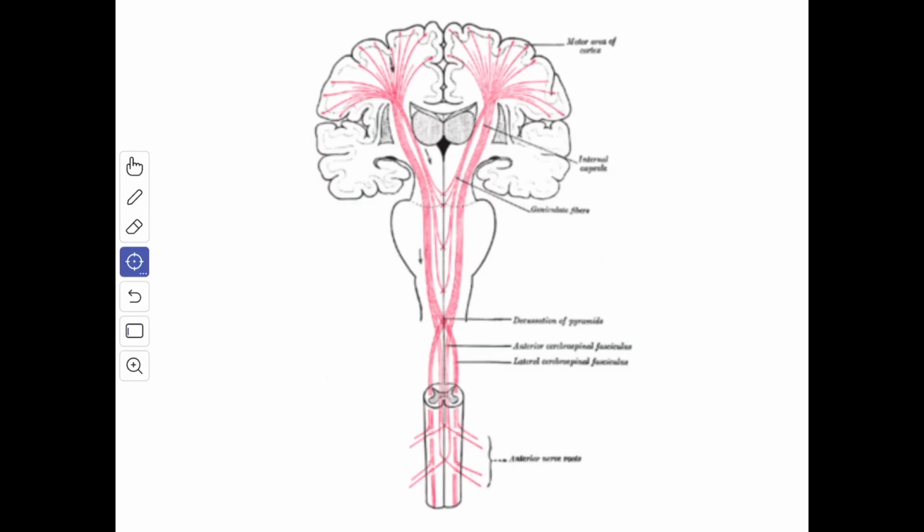In this video, we'll study the projection fibers, which form one of the components of the white matter of the cerebrum. The projection fibers connect the cerebral cortex to the subcortical areas such as the corpus striatum, the thalamus, the brainstem and the spinal cord. These fibers are of two types.